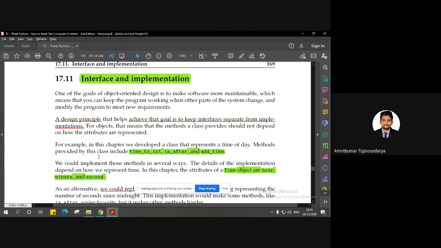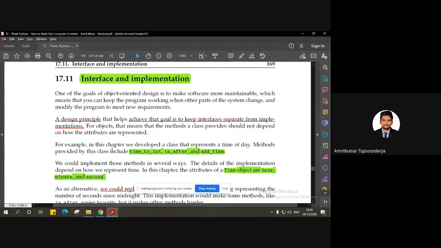So the goal of object-oriented design is to make software more maintainable. And how do you define maintainability? Maintainability is the flexibility provided by a particular system whenever you bring in a change, when we talk about the development of the code or adding new features to the code. Any addition to the code comes at what cost? Or whatever features are included, how reliable and how efficient are they? So there are multiple factors which come in when we talk about the overall maintainability of a system.